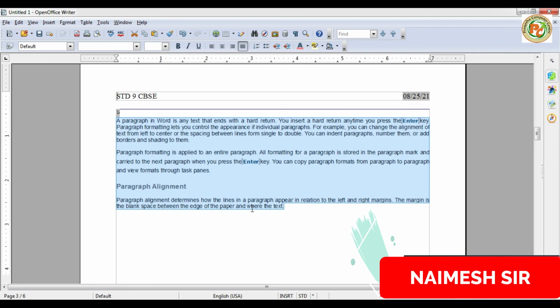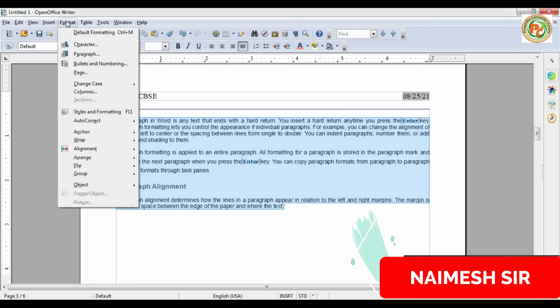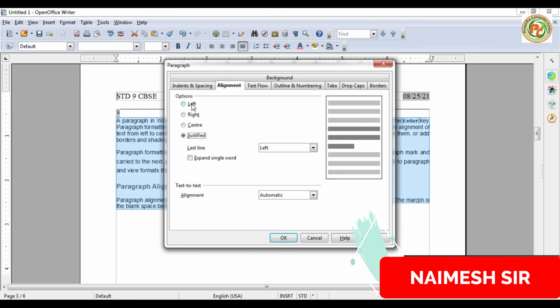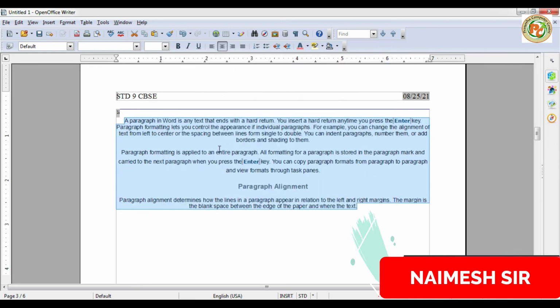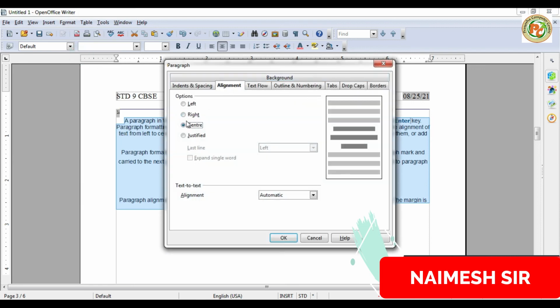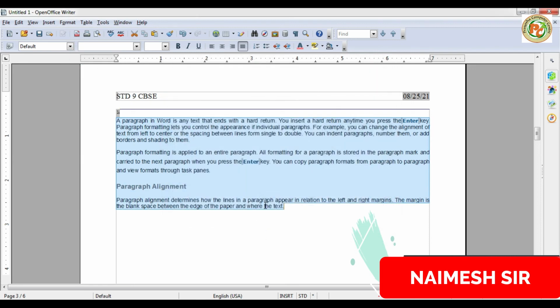Now setting alignment through the paragraph dialog box. For this you can click on Format and then click on the Paragraph option, and from the paragraph option we'll click the alignment option here. Now we have 4 options: left, right, center, justification. If we want to add center, click it and everything will be centered. But we have large data, so we will keep in mind that it should be justified only. So see, you can see it is justified only.